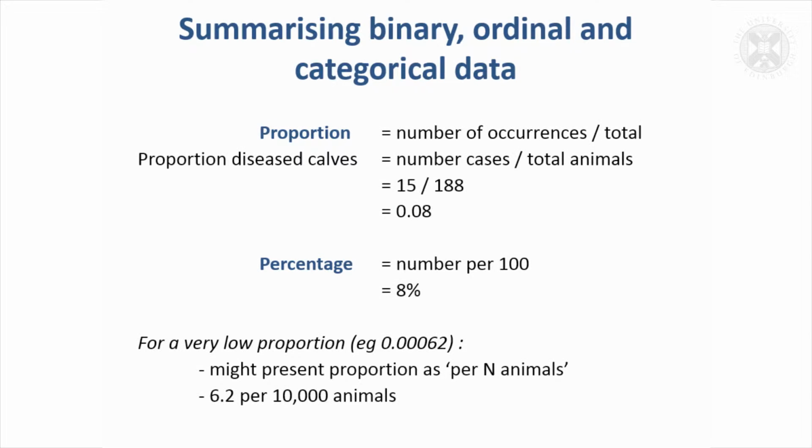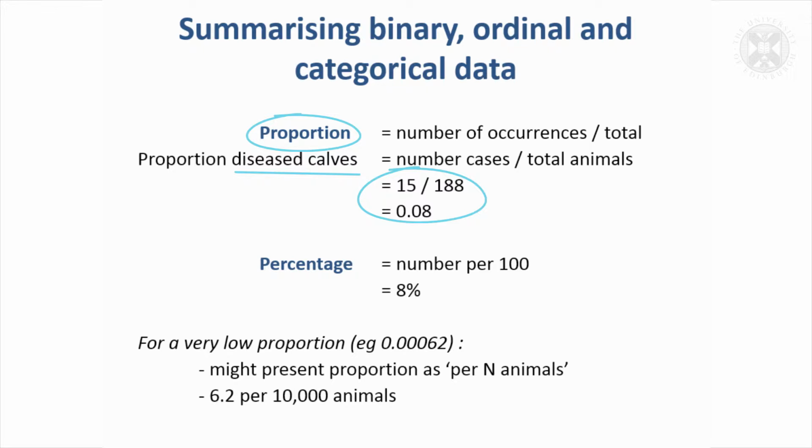And so the next sort of data I'll look at are binary, ordinal and categorical data. So I'm sure you've come across proportions and percentages, so it's fairly obvious. You can summarise the data in that way. So for example, in our study we've got diseased calves and non-diseased calves, and we might want to get the proportion of diseased calves. So we had 15 diseased calves out of a total of 188, and so the proportion